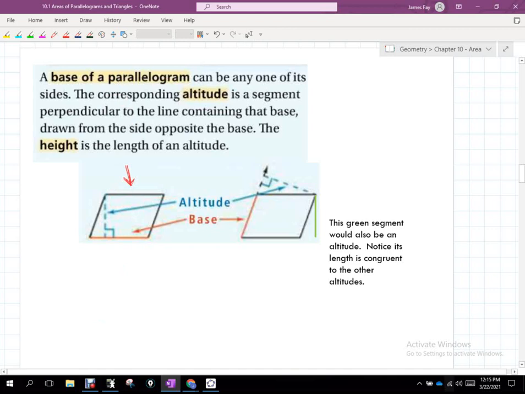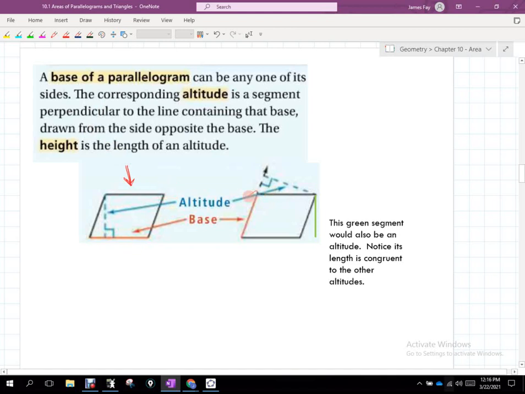Okay? That's the setup when you just let the top and the bottom be your base. The way I like to think about it is, if I had this on my desk, if I had like a tangram wood cut out of a parallelogram, and somebody asked me to find the altitude, I would set that red segment on my desk, let the parallelogram go up in the air, and then measure from the top to my desk, right? Does that make sense? And that distance would be that dotted blue line, which would be my altitude. Okay? However,